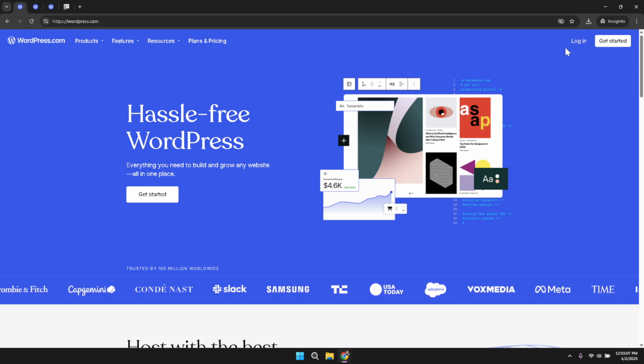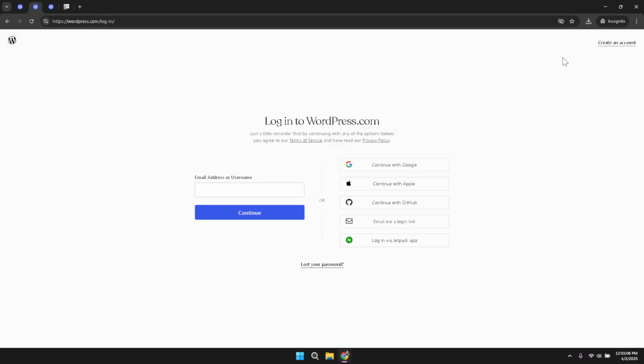For a simplified process, choose to sign in using your Google account. Click on the option that says Continue with Google, and a window will open prompting you to select the Google account you want to use. Simply choose the account associated with your website to proceed. Using your Google account not only saves time but also enhances security by reducing the need to create and remember